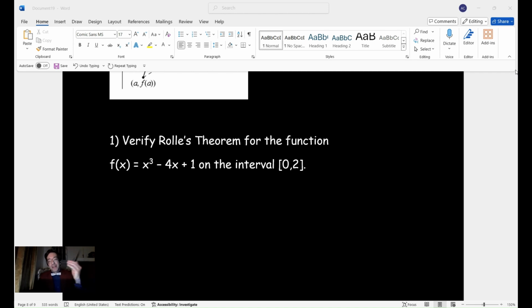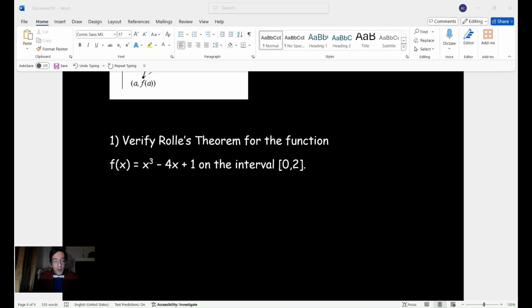That means that there exists at least one c as an element of (a, b), such that the derivative f prime of c is equal to 0. And the function that you see here, I want you to try it first and see what you come up with, and then we'll talk about it. All right, did you pause the video? If you've paused the video and you have an answer, let's do this.